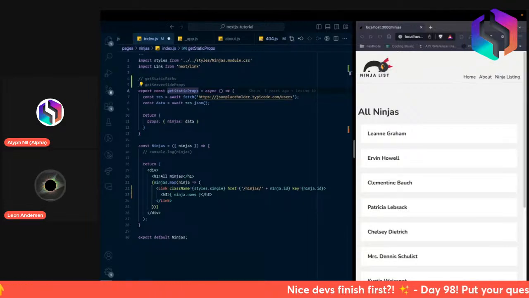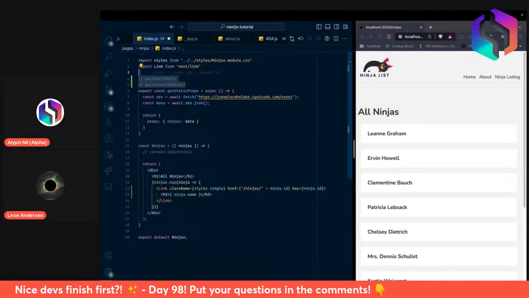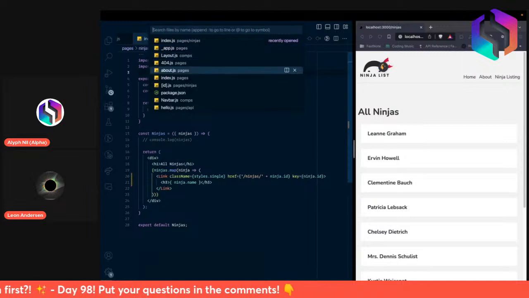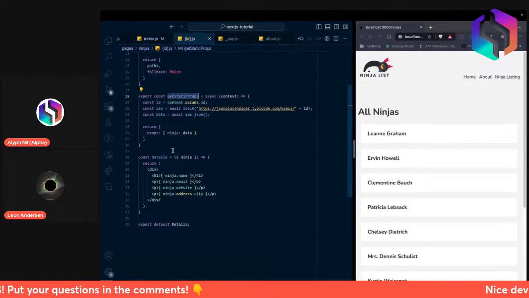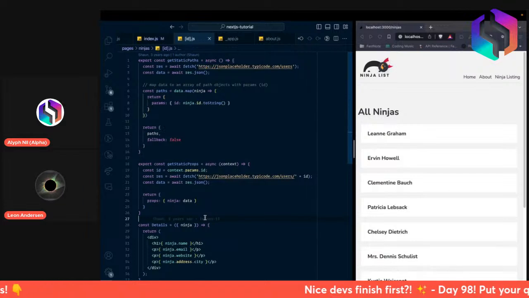Can we go into the slug or ID file? Okay, here we have getStaticProps and getStaticPaths,